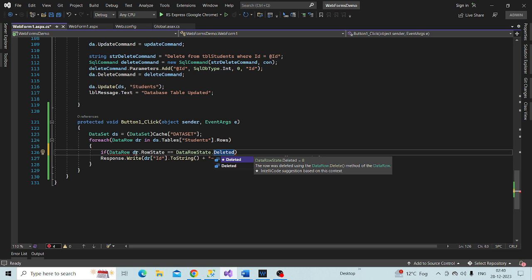There are several of them. We will talk about all of them in just a bit, but at the moment if the row state is